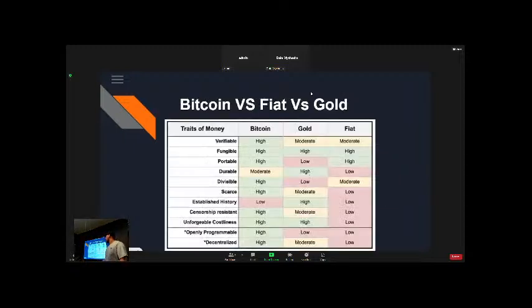We're going to look at this chart of Bitcoin versus fiat versus gold, and we're going to notice some of these terms coming back up again. So verifiable, Bitcoin, high. Again, it's immutable. It's one of the securest networks possible, and through its proof of work, it's easily verifiable, and you can also, with people's public addresses, verify certain aspects. There's lots of automation that you can do on that front as well. Fungible, 1 sat is always 1 sat. It's always equivalent. It's the exact same thing.